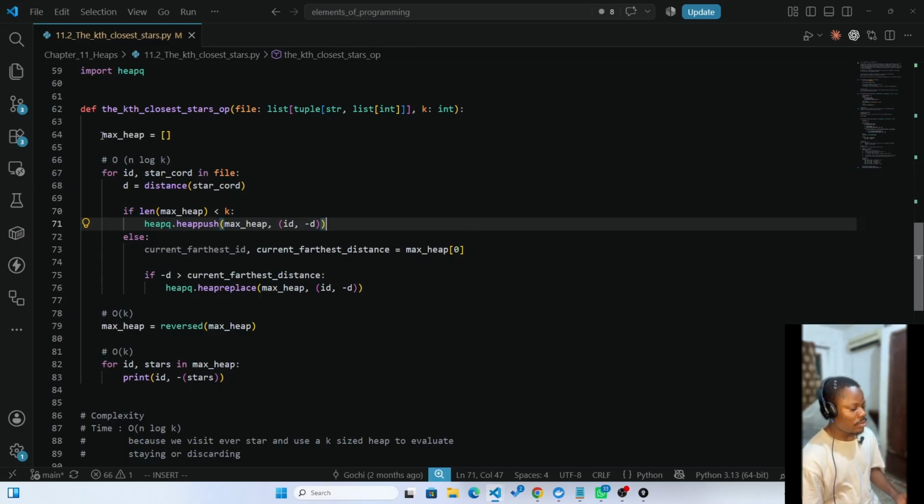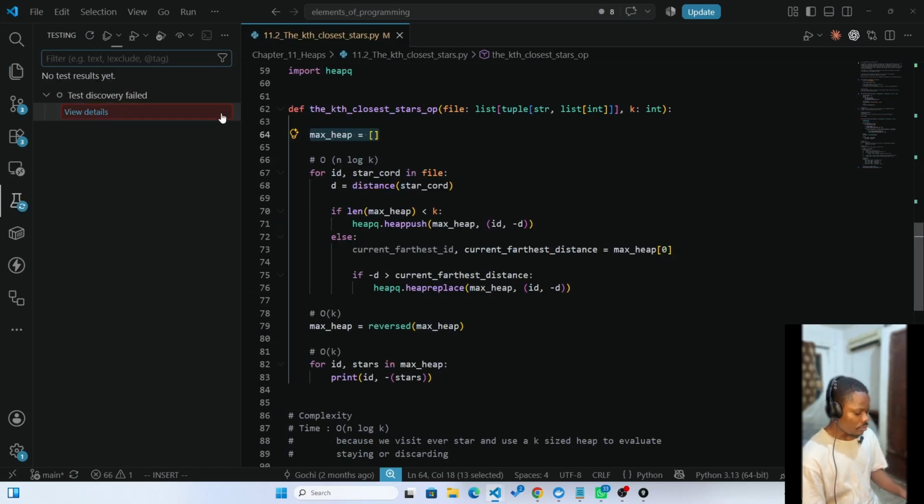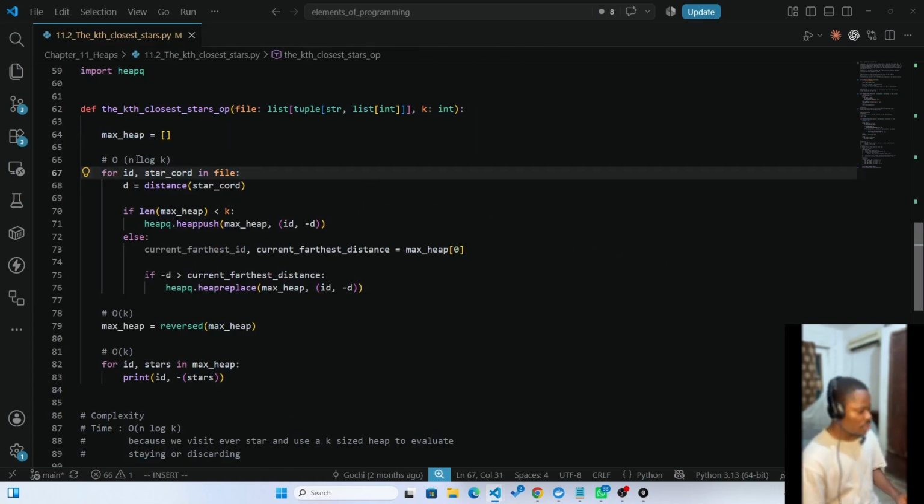So we define a max heap. A max heap is basically just a min heap inverted. So rather than having the minimum value at the tip of the heap, we are having the maximum value. So if you have values 1 through to 7, 7 will be at the tip of the heap rather than 1. So that's just the idea. Yeah, so moving on,